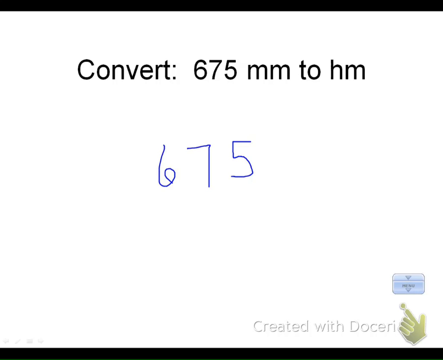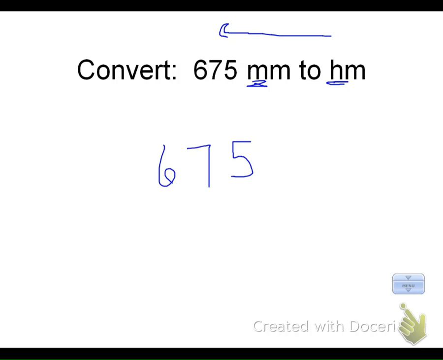Now, as you're looking at your metric scale, what we want to do is count the number of steps that separate milli from the prefix hecto. So on your metric scale, put your finger on milli, and then find hecto. You'll see that it's going to be to the left, so we're going to go left, and count the steps